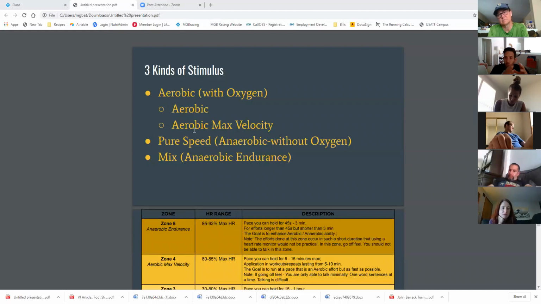Now, aerobic max velocity is a little different, but it's the same thing. It's aerobic, but it's the fastest you can possibly go aerobically. So there's a difference between running really easy and running with oxygen and going really fast. So understanding that, you develop a